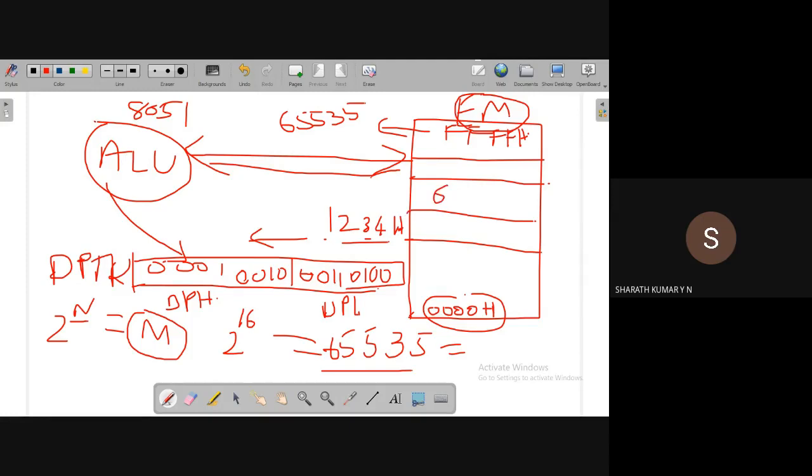The total number of locations of the external memory interfaced to the microcontroller that a DPTR can access is 65,536.